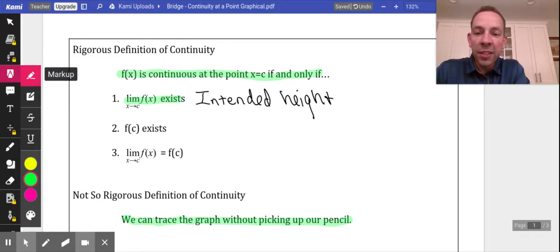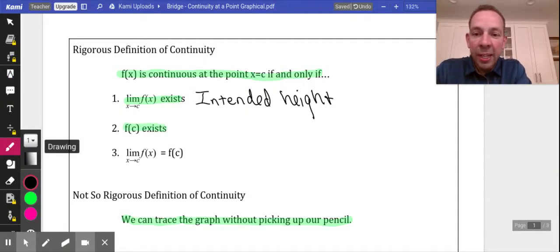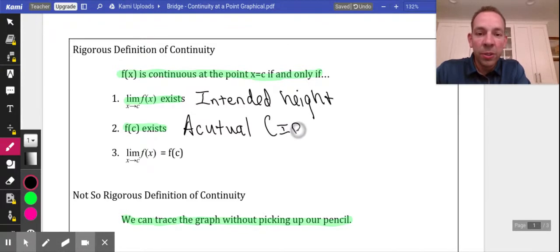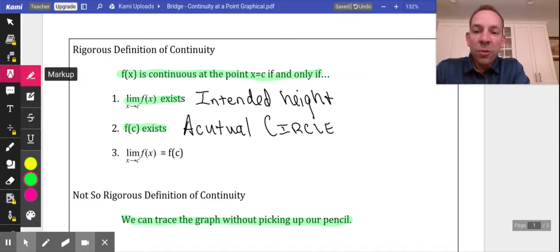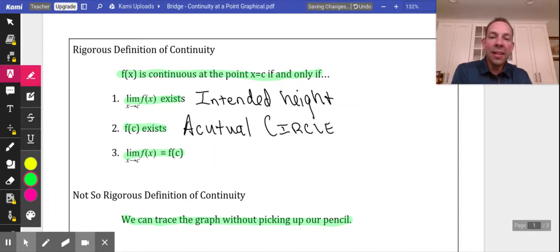And if it does, then we have a general limit. Then we're going to check and see if f of c actually exists. What we're measuring there is the function's actual height. In other words, is there a closed circle at x equals c? If you want to put that in parentheses, actual height means closed circle. And then step number 3 is we have to make sure that those first two answers are actually equal to each other,